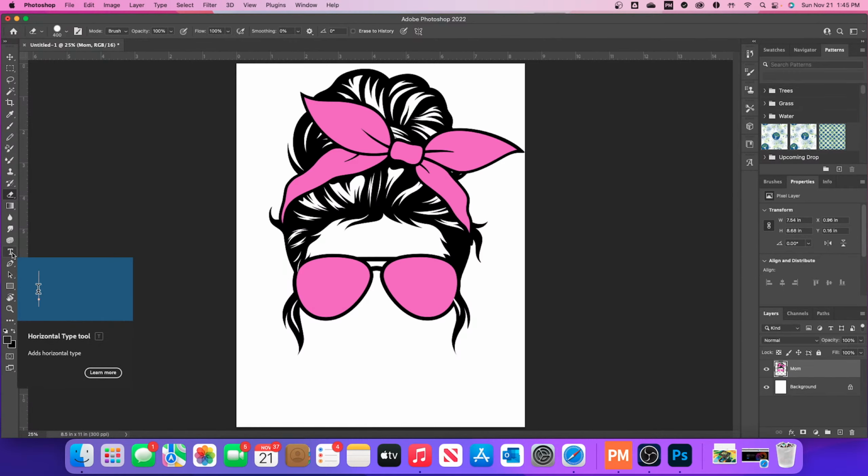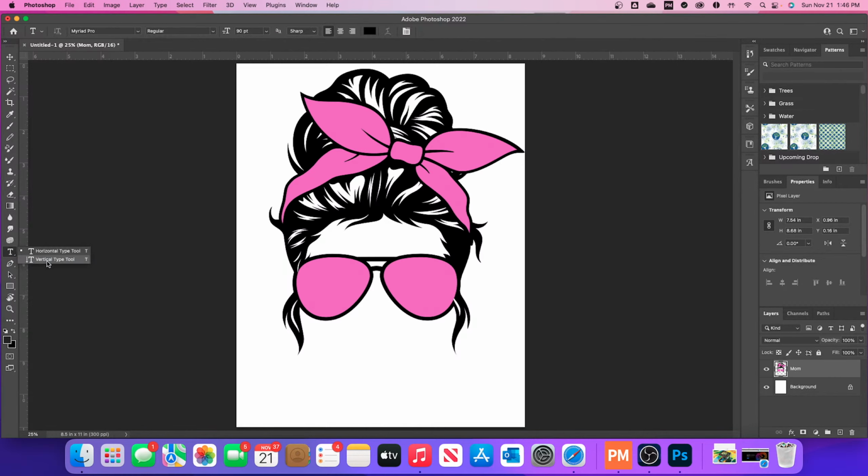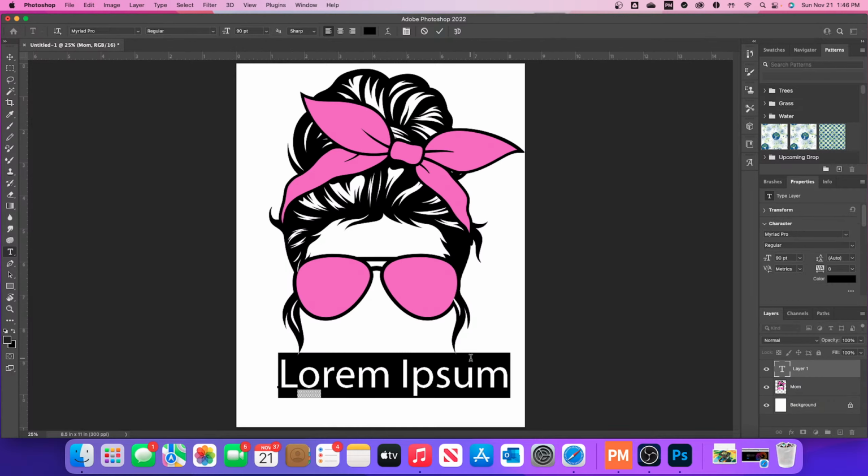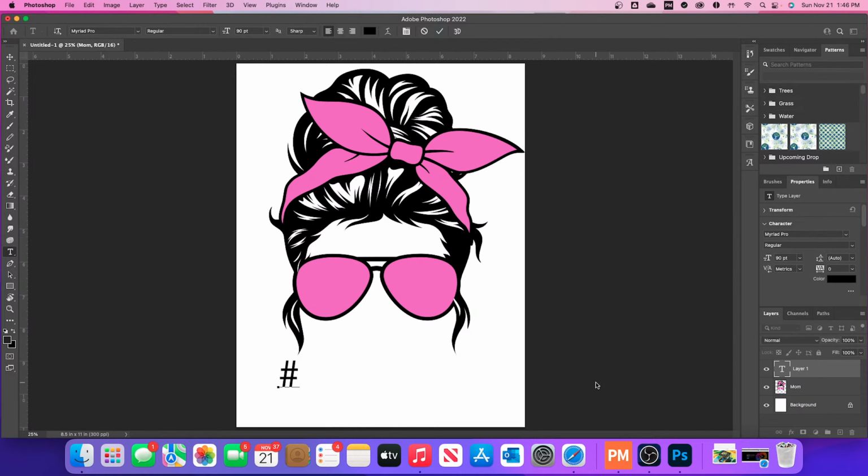there's this T right here, and there's two different ones. So if I hold down, I've got my horizontal and my vertical. Pretty self-explanatory. Horizontal is probably what we're going to need here. I just click anywhere on the image. It's going to do the lorem ipsum thing, which I'm sure if you've done any kind of graphic work at all in any kind of program, that's the first thing that pops up, because that's the default for anything, and I just do hashtag,